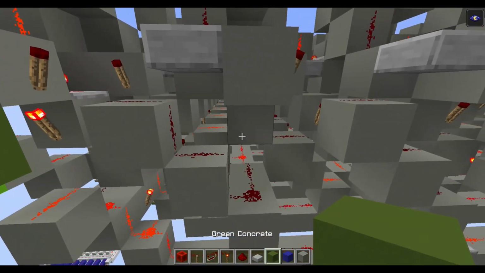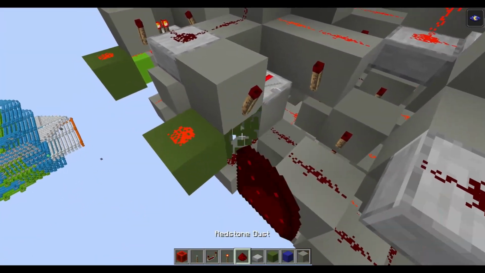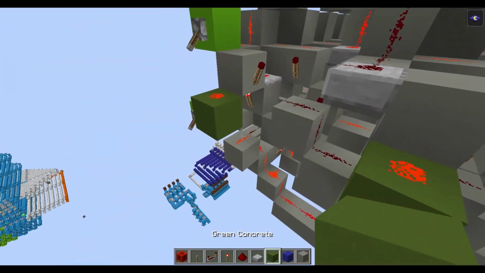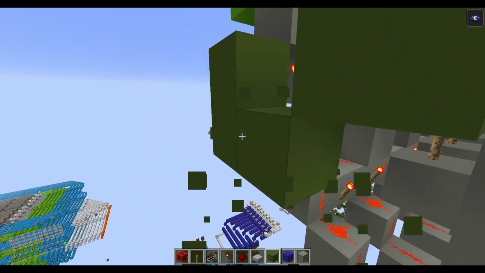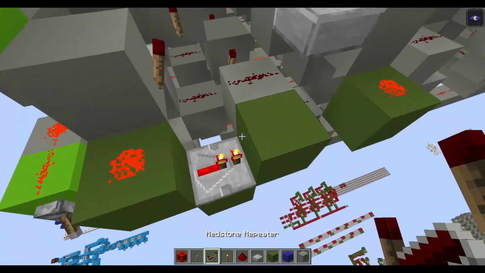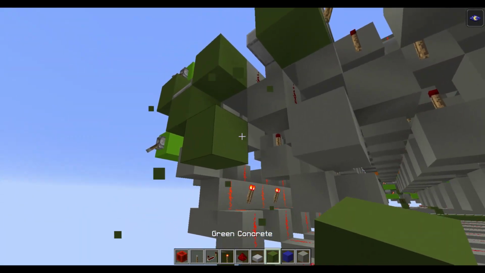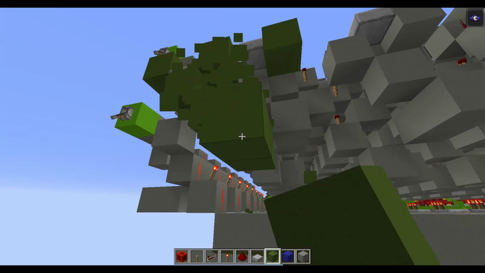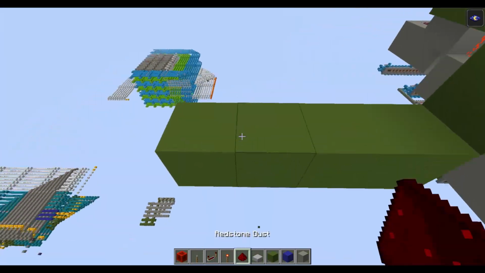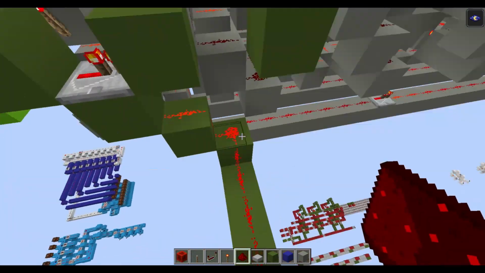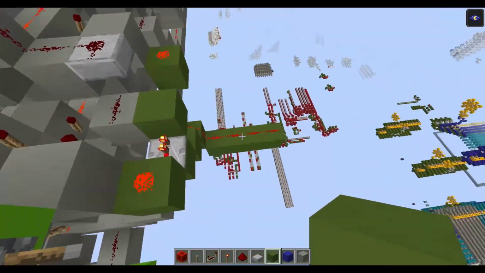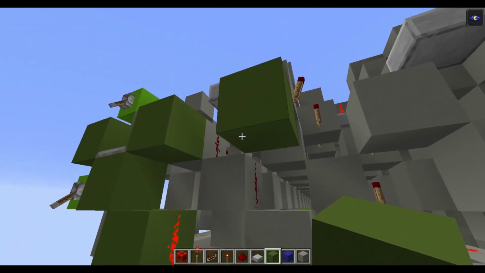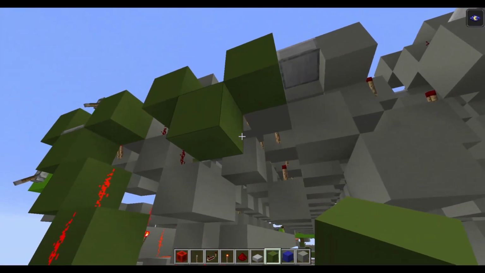So we can grab the signal from here, and then other side, put the signal on this line here. That way we can select this here, do the same thing,